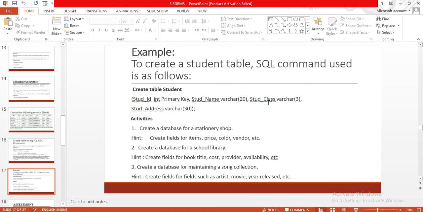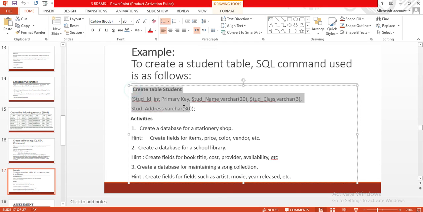Then student class, varchar, whatever length it will be. Then student address, varchar 30. This is an example of creating a student table through an SQL command. We should start with create table student, then write these commands.